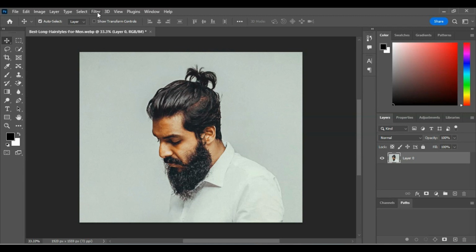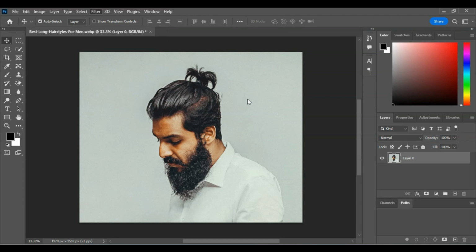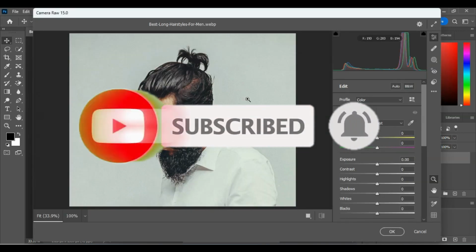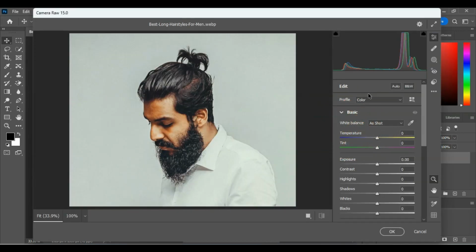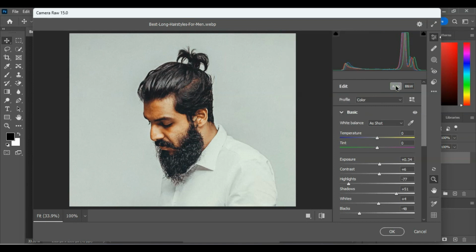Simply click on filter, and here is the camera raw filter. Click on there. So if you click auto, then it automatically edits your image. So click on auto,